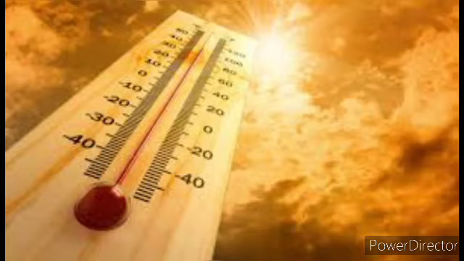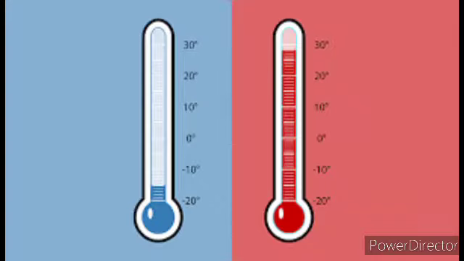Now, temperature. The first thing about temperature is that temperature determines the direction of flow of heat. Now what is temperature? Temperature is a parameter which tells the thermal state of a body. What is the thermal state of a body? The degree of hotness and coldness of a body. It determines the direction of flow of heat when two bodies at different temperatures are placed in contact. When a body receives heat energy, the particles constituting the body start vibrating more vigorously, and so its temperature rises, provided its physical state or dimensions remain unchanged.